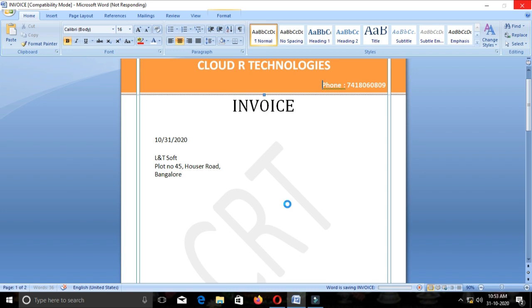This is the method of creating a letterhead, letterpad with watermark. This is the watermark.